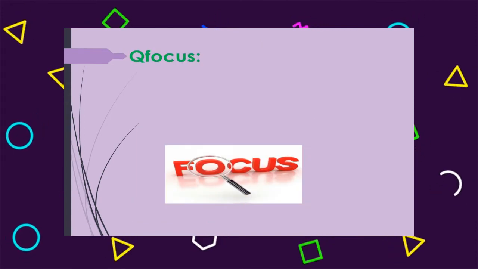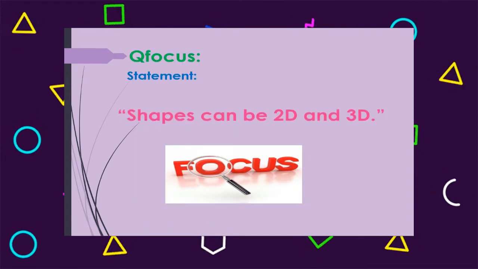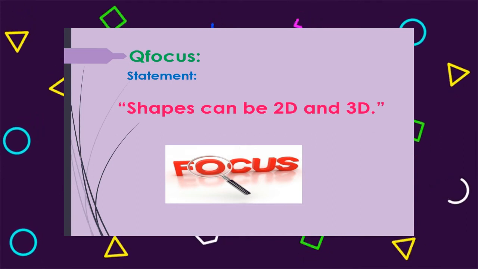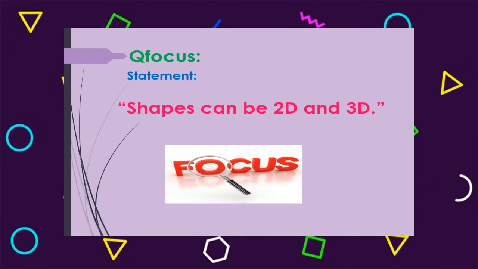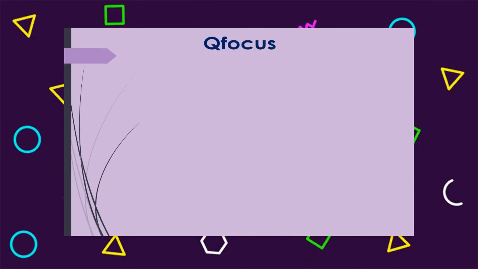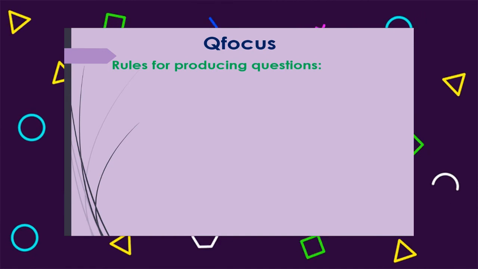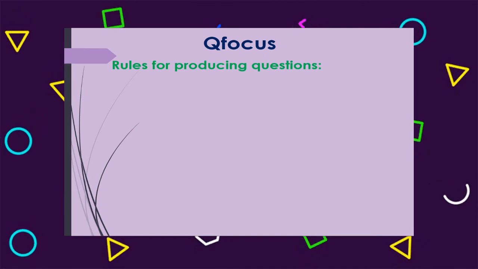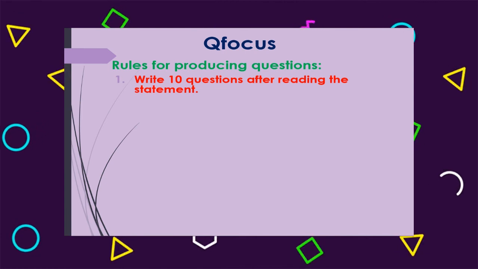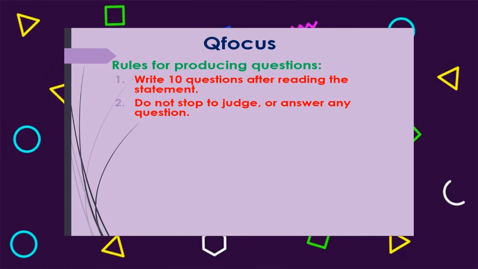Now Q focus. The statement of Q focus is shapes can be 2D, two-dimensional, and 3D, three-dimensional. So what you have to do in Q focus? Few instructions are given. Rules for producing questions. You have to write some questions. Write 10 questions after reading the statement. Do not stop to